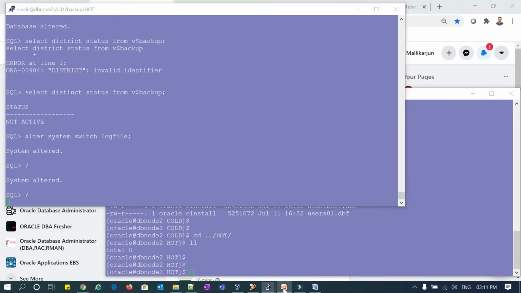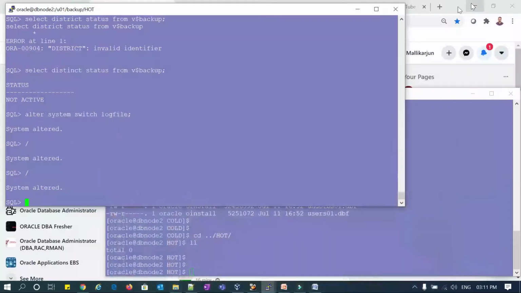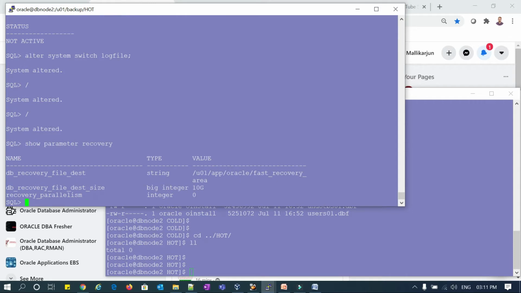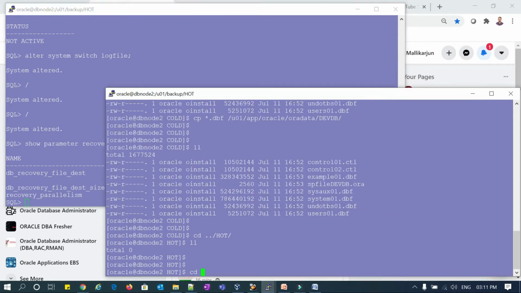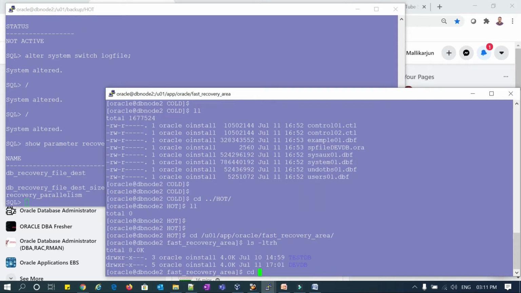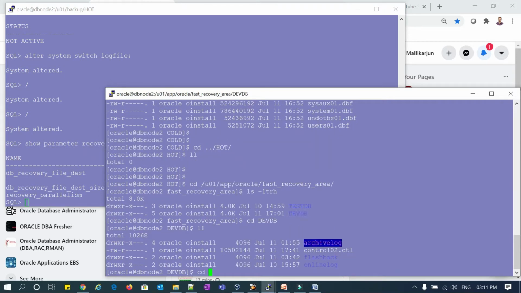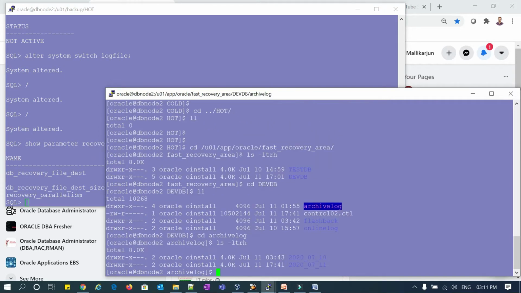Then I will take a backup of the archive logs. Checking the parameter for recovery, this is my FRA. I'll go into my FRA, then devdb, and then archivelog.